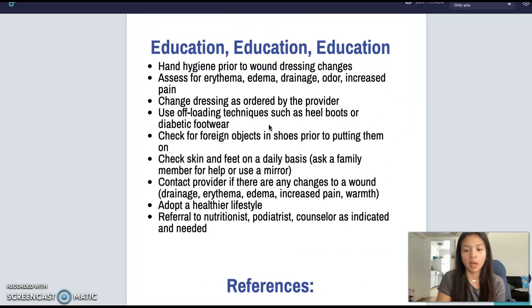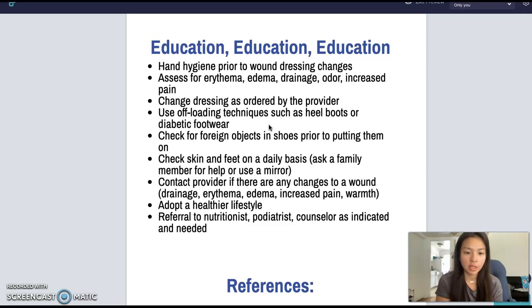Education is very important. Primary prevention is more important than anything else. We want to prevent these ulcerations, these wounds, these sores from forming. So always educate your patient about good hand hygiene prior to wound dressing changes, assessing for redness, swelling, drainage, and increased odor or pain, and talking to the provider about it, changing the dressing as ordered by the provider, using offloading techniques such as heel boots or diabetic footwear,